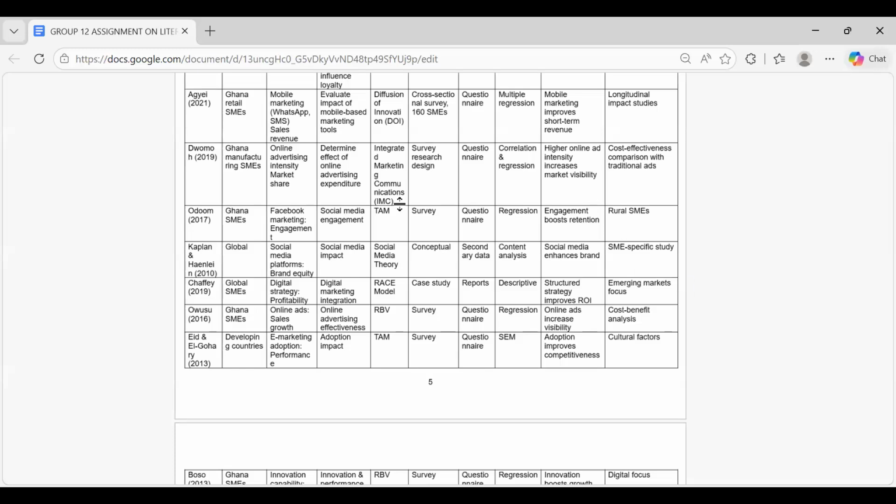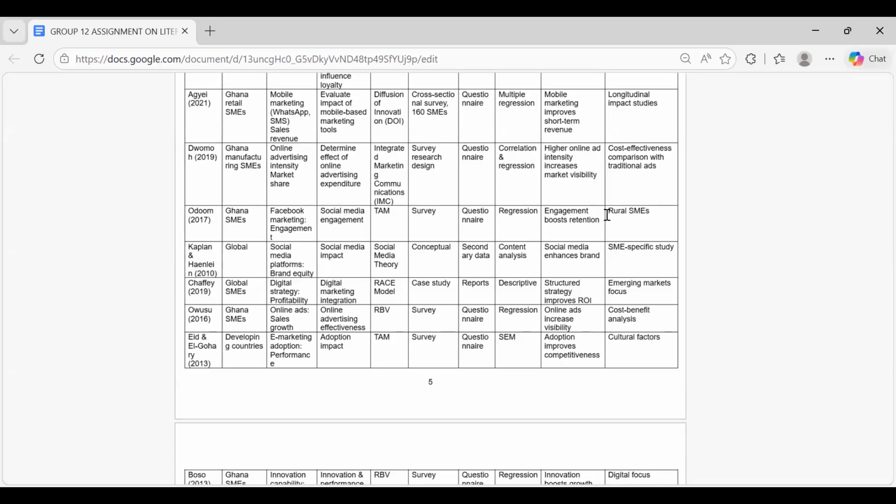If you look at this one, Odum said that we should look at rural SMEs. So then you can make the argument that, and look for other studies that have been done in urban areas. So unlike other studies done, or the review indicated that most studies around this topic have been done using MSMEs in urban areas. However, Odum 2017 called for the use of rural SMEs, because most, 90%, or let's say 60% of businesses exist in the rural areas or peri-urban areas. Therefore, this